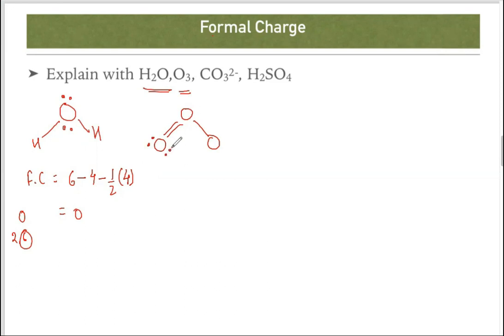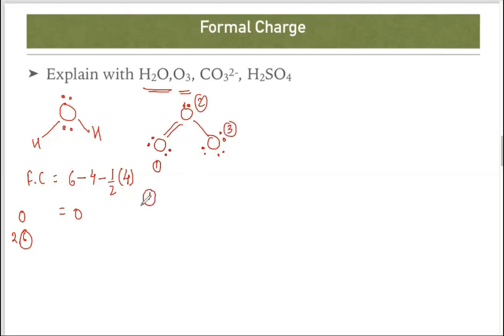This is 4 plus 4, 8. This is already 6. Another 8. Another. So we have to complete the octet. So 2 plus 2, 4 plus 2, 6 plus 2, 8. So I am giving you, this is number 1, number 2 and number 3. Okay, that will be helpful for us.